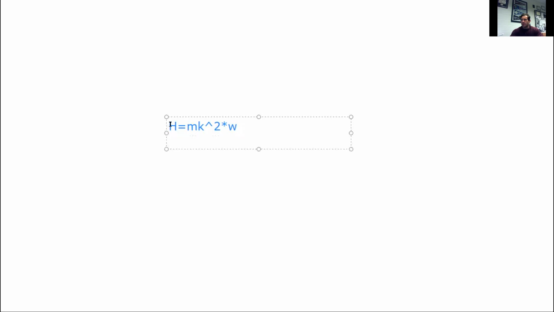So in the example that Catherine put up there, we have H equals 50 times 2 squared, so that's going to be 4, times 90 degrees. So 200, so times 90, so it should be